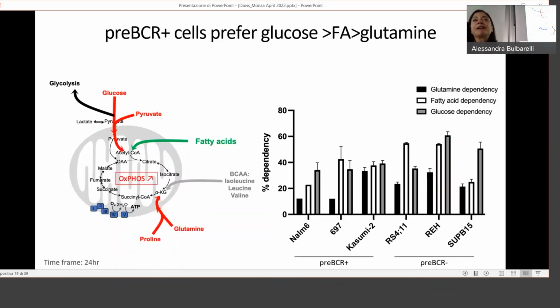So now we started to get into some more basic biochemistry and cellular metabolism assays. And for time, because I want to tell a few stories, I'm not going to get into all of it. But to summarize, what we're starting to see is that the cells that are pre-BCR positive and are sort of dependent on that signaling actually have different energetic demands and flexibilities. So I had to go back and watch 4 hours of Khan Academy videos so I could remember cellular metabolism.